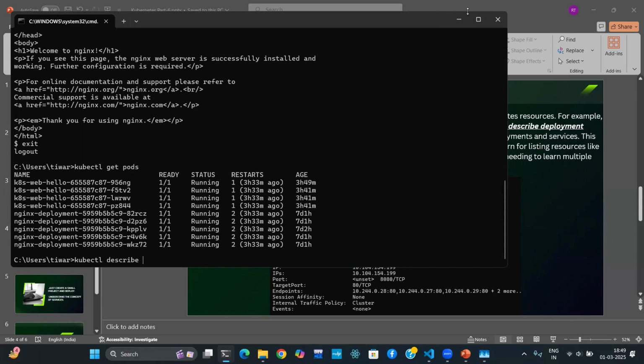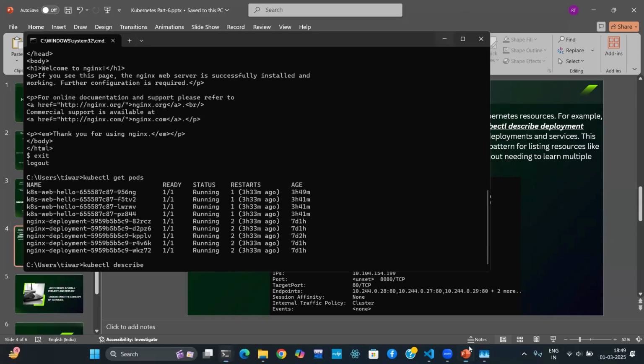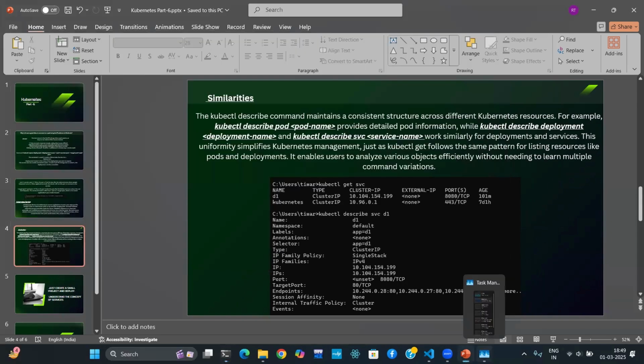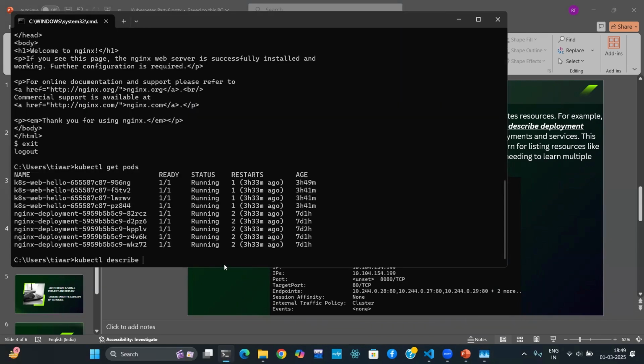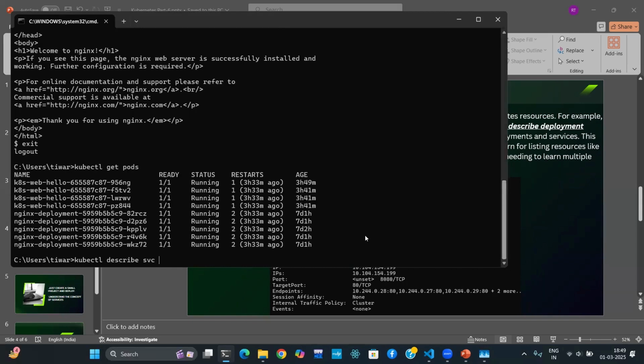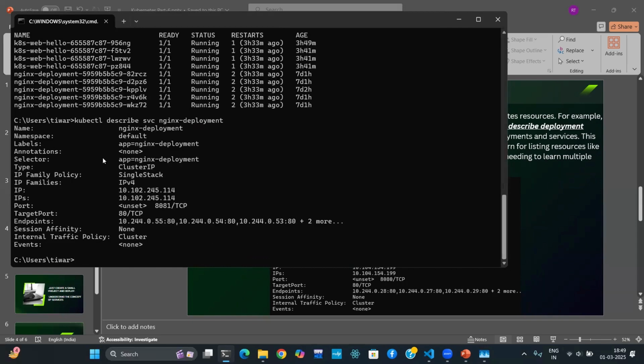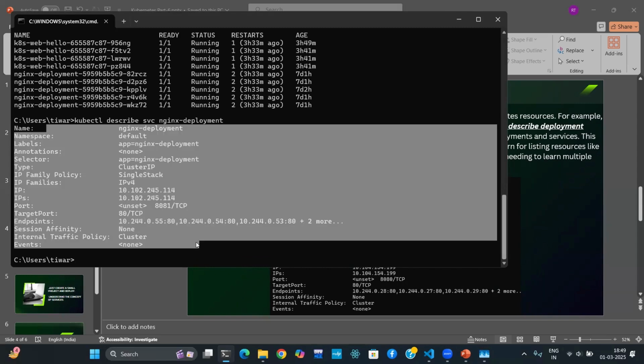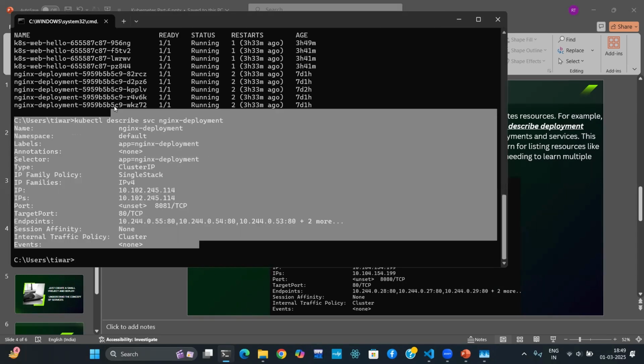No, no, no, that's not the deployment. The SVC. We have to write the SVC one. We can also write it as service, but we will go with the SVC one. So here is a particular ClusterIP